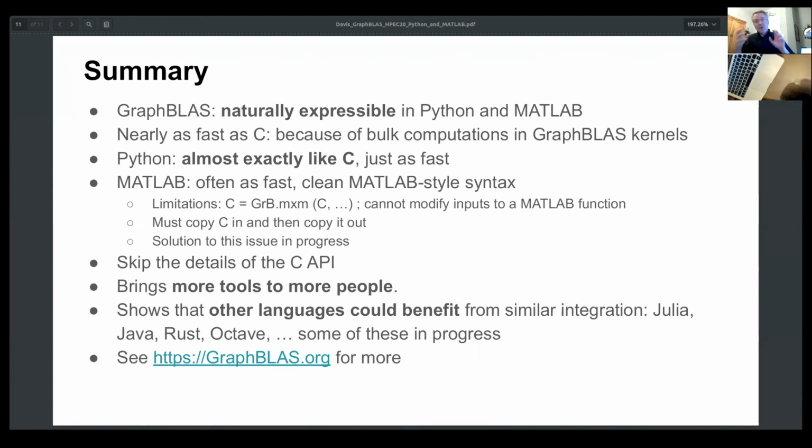Python and MATLAB both allow the end user to skip some of the details that the C API exposes. So now Python and MATLAB with GraphBLAS provide new tools to end users, making it very easy to write complex graph algorithms. Similar programmability and performance gains could be obtained in Julia, Java, Rust, Octave, and we have many of these in progress already. So for more details, go to graphblas.org or come to the Birds of a Feather session